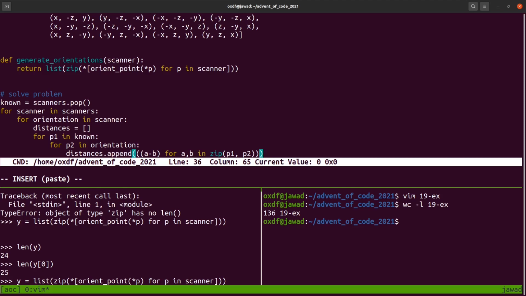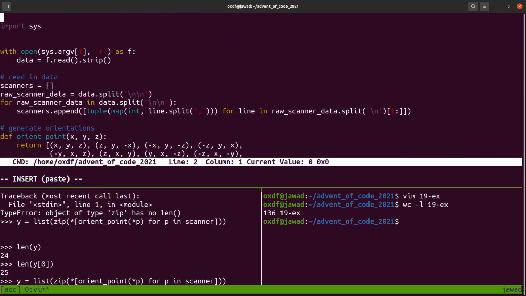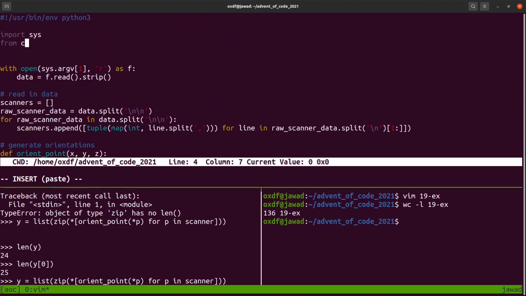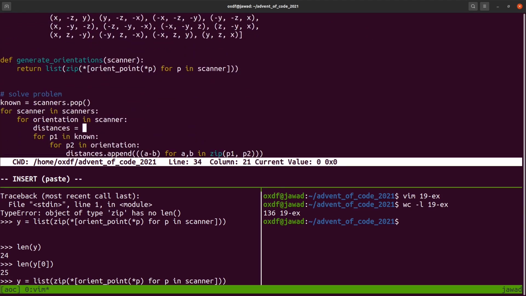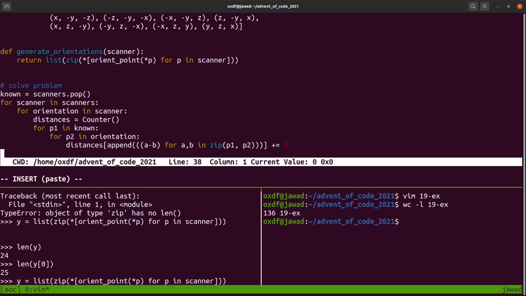If actually distances, we should make a counter, honestly. And if we get anything in the counter that's above 12, so we'll do from collections import counter. We'll do counter, and we'll do distances of point plus equal 1. So basically, we're going to calculate all these distances. And so we'll say